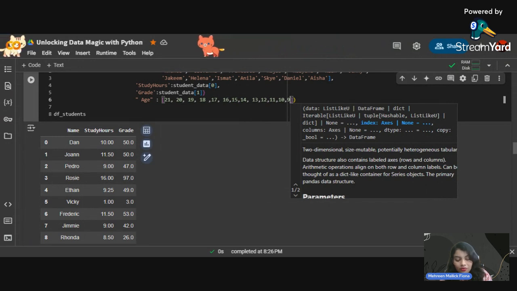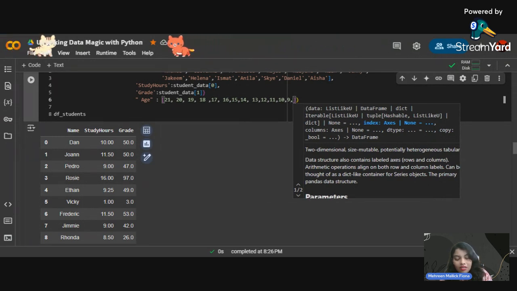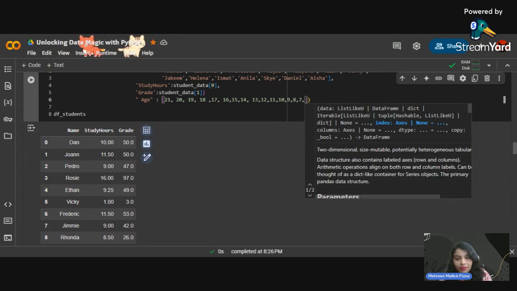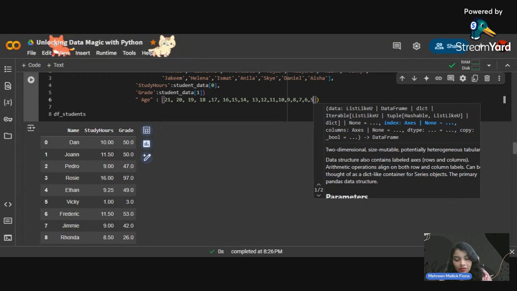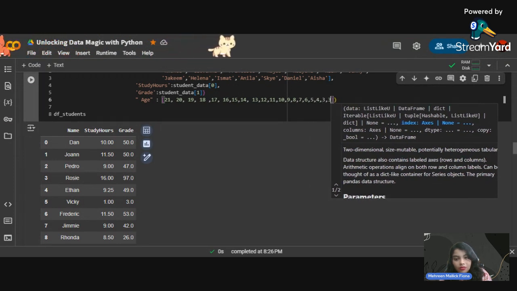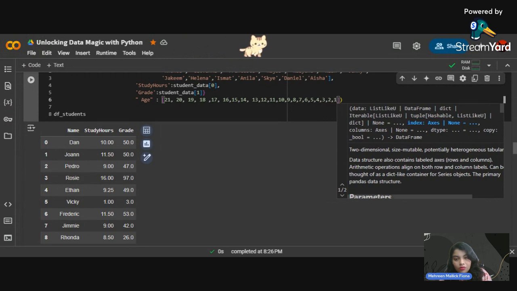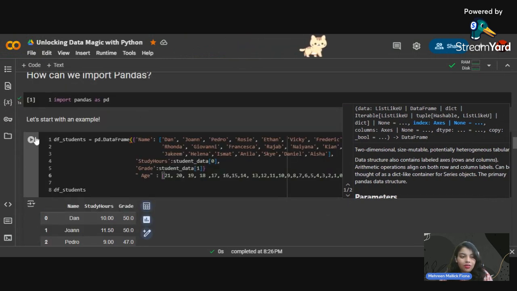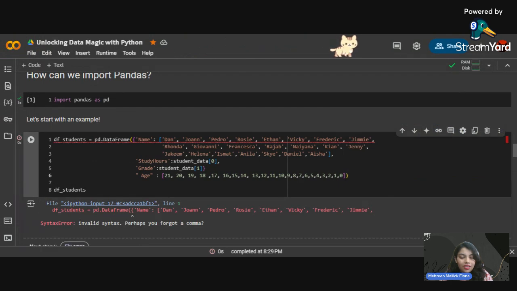There are 22 values to be correct, as it is starting from 0, 7, 6, 5, 4, 3, 2, 1, 0. Let's see, do we get an error or we get an error?